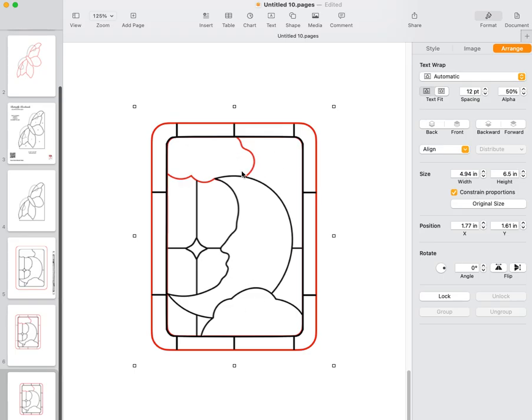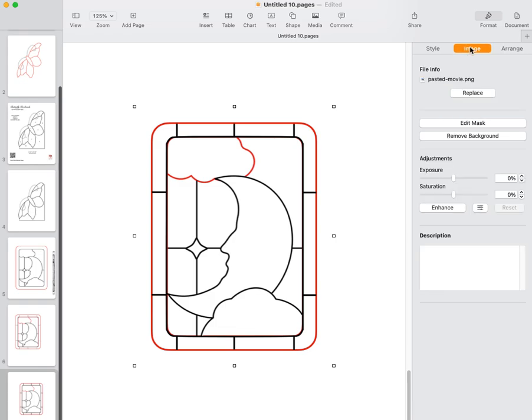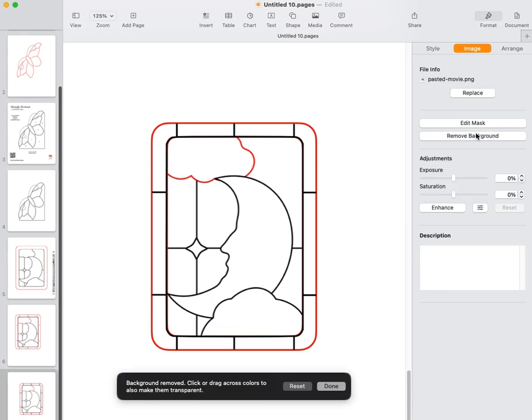So what I did is I took this pattern, I made a whole new image, and the reason why I did that, excuse me,